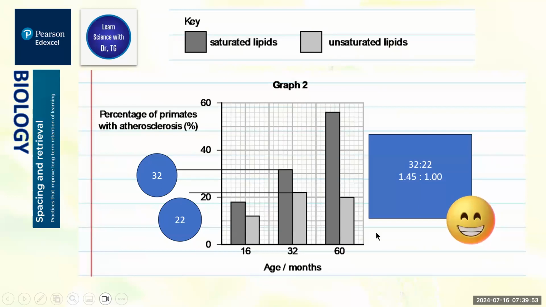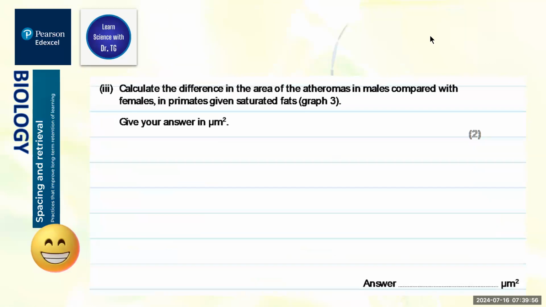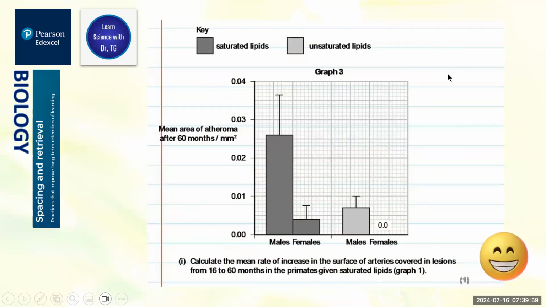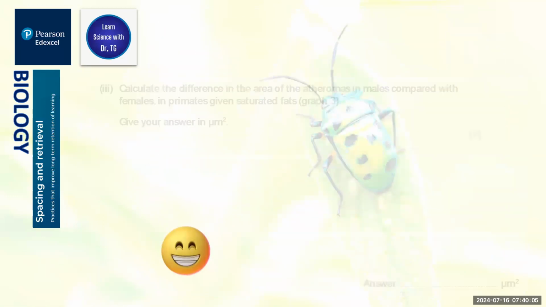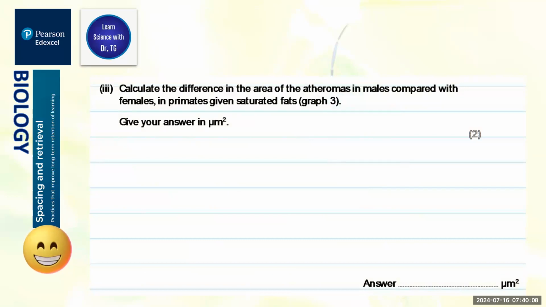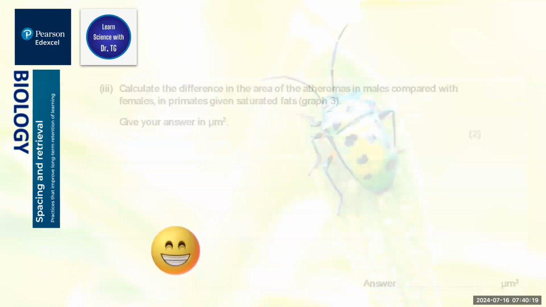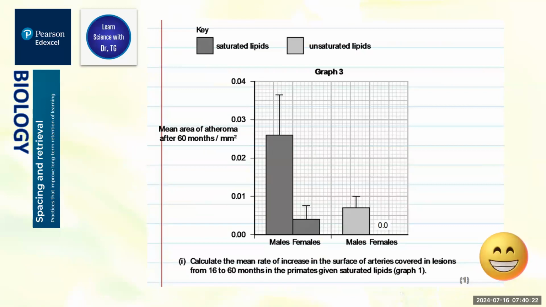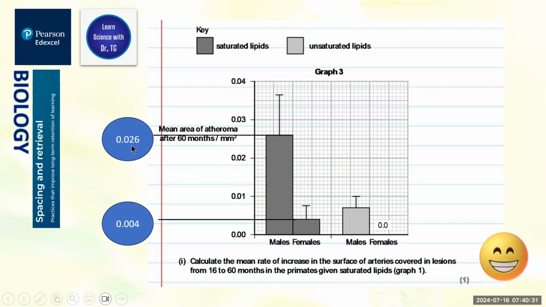Right, now my intention here is to provide the statistical analysis of the data. So the second last question, I will also quickly go through it. Calculate the difference in the area of atheromas in males compared with the females in primates given saturated fats. Give your answer in square micrometer. So here again, I take this data. The mean area of atheroma in males is 0.026, in females 0.04. So the difference is